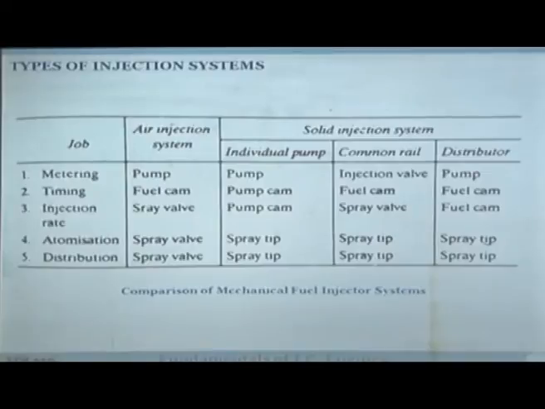So as we have discussed in the beginning, the expectations from the fuel pump system is that it should meter, it should time, it should control the injection rates, it should atomize, and it should distribute in the combustion chamber. So in the air injection system, metering is done by the pump, timing is done by the fuel cam, injection is controlled by the spray valve, atomization is done by the spray valve, and distribution is done by the spray